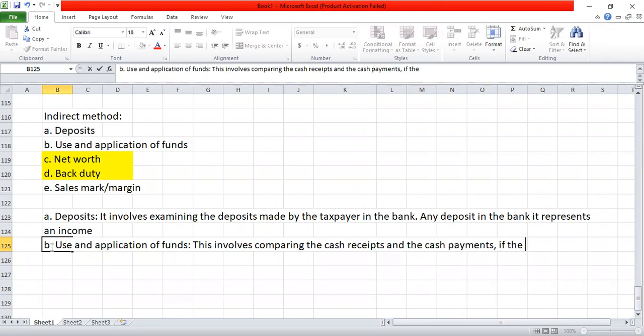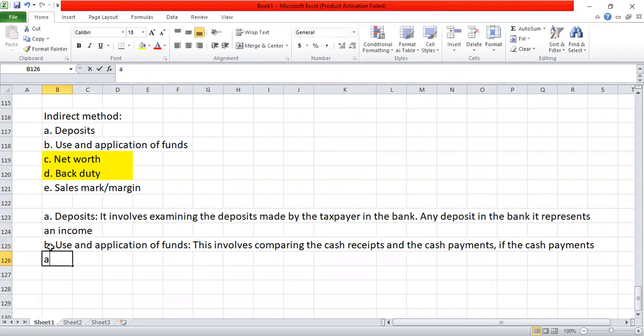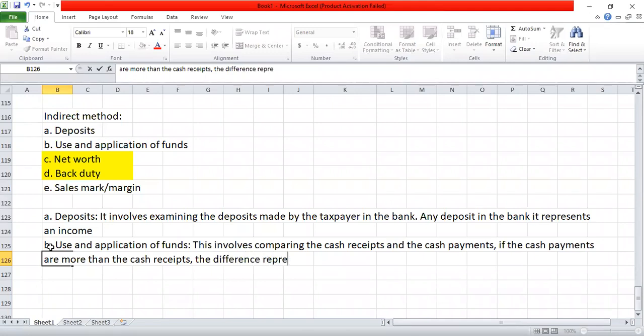If the cash payments are more than the cash receipts, the difference represents